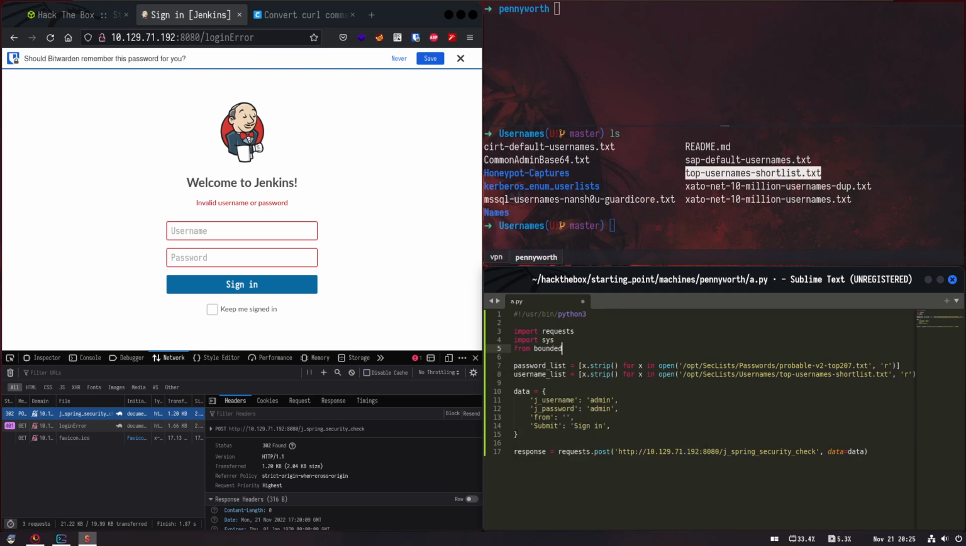Then I'll do from bounded pool executor import star. So this helps me use a couple threads at a go when I'm running a script, but I won't use a lot because